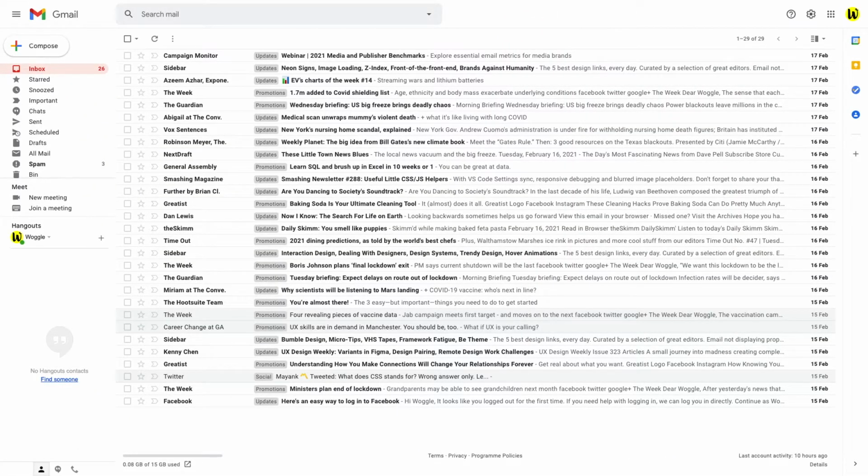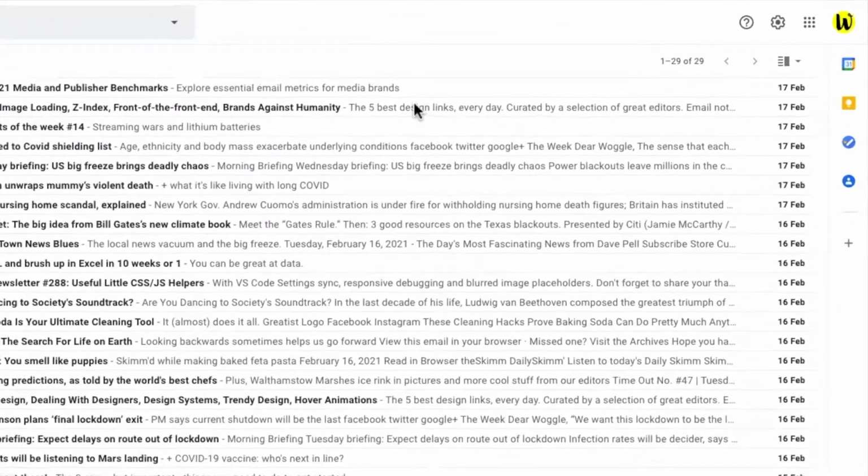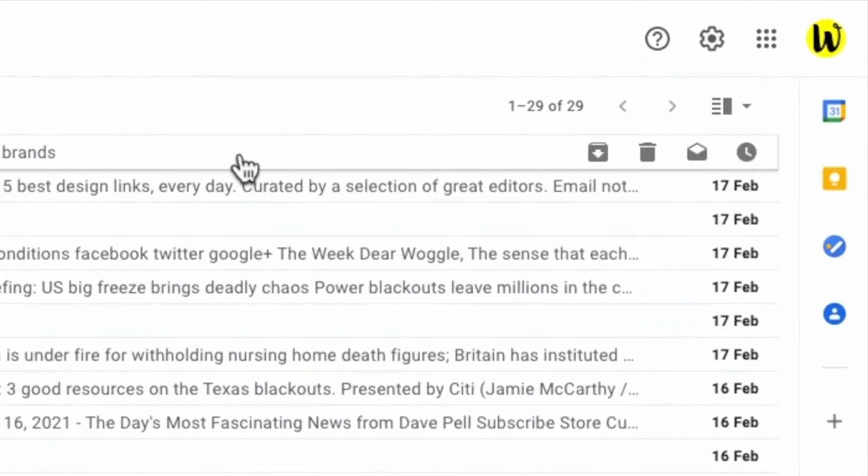So let's take a look at how to snooze a mail. We'll start with looking at snooze for a single mail. We're logged into Gmail and in the inbox, and I'm going to choose the top email. To snooze this mail, we roll our mouse pointer over the mail,